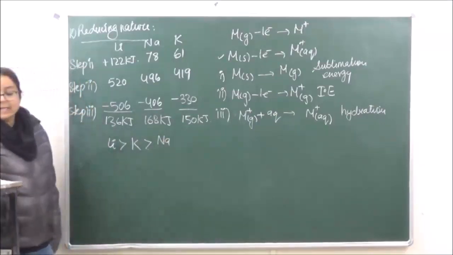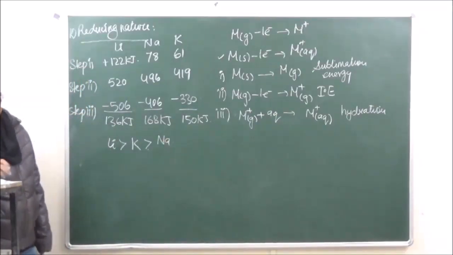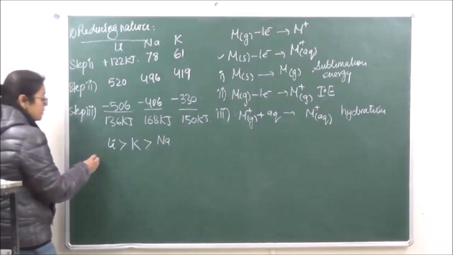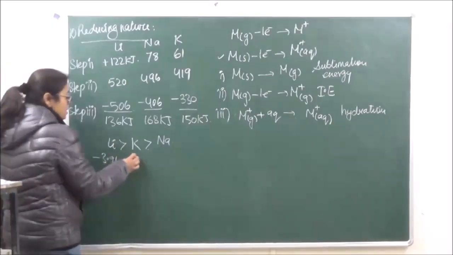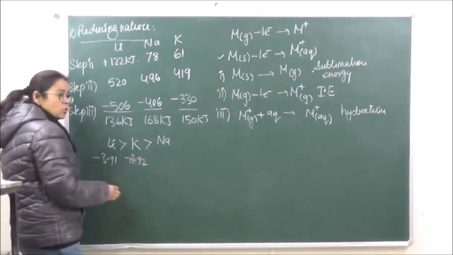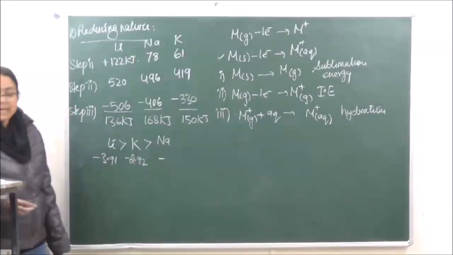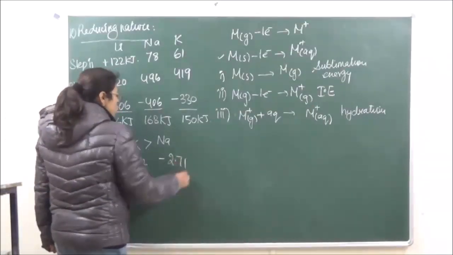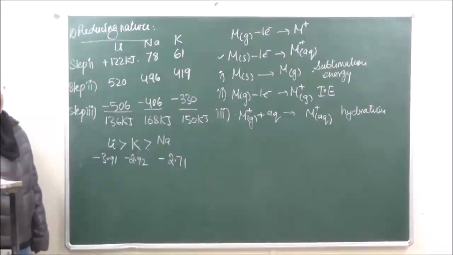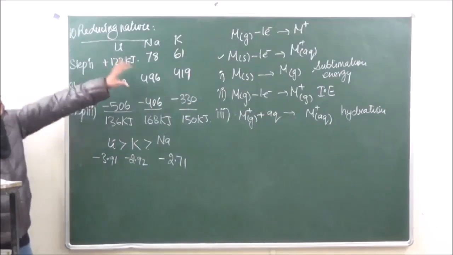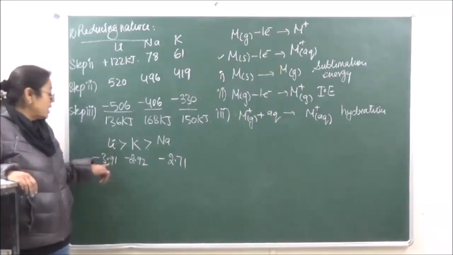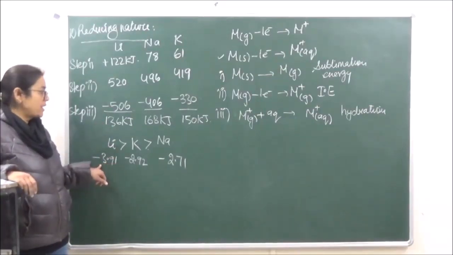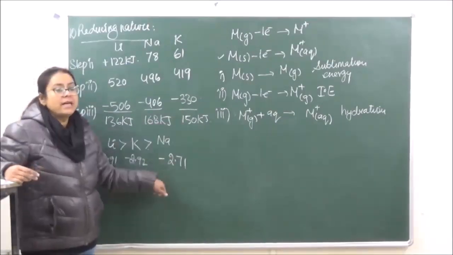So now if you are looking at the oxidation potential values which you had seen, for lithium it was minus 3.91, for potassium it was minus 2.92, and for sodium it was minus 2.71. So it means higher the negative value of reduction potential, better is the reducing agent. So over here, according to the data which we have calculated, as lithium has the lowest value of energy, it is going to have the maximum value of reduction potential. After that potassium, and after that sodium.